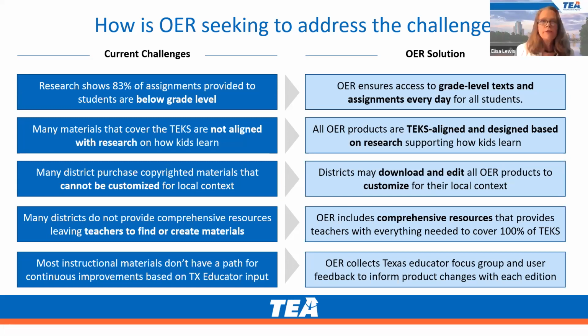So all of the OER products, not only are they TEKS aligned, but they are designed based on research that does support how kids learn. And we know also that many districts purchase copyrighted materials that cannot be customized for local control. So our OER solution is that districts and charters can download and edit all OER products to customize for your